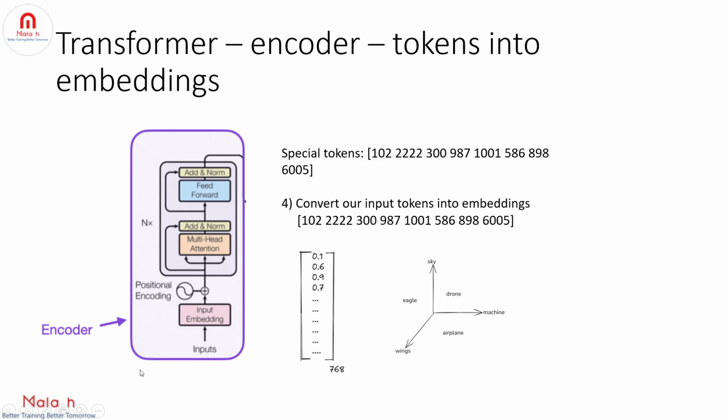Now let's see the architecture diagram. We have input and we converted that to input embeddings with a vector size of 768. And now if you see the diagram, next thing we are doing here is trying to add positional encoding to the input embedding. You see the addition operator here. So we got 768 vector size of input embeddings, and next we have to identify how to find positional encoding and then we can add these two. So now let's see what is positional encoding.